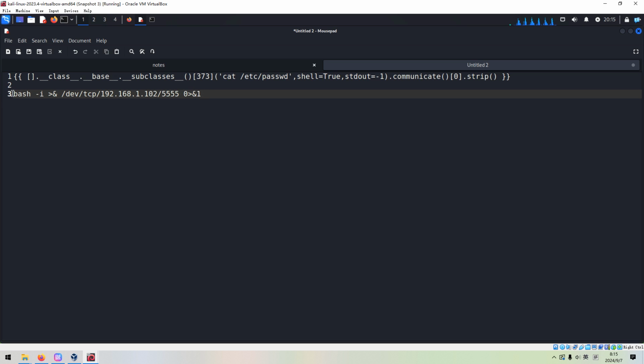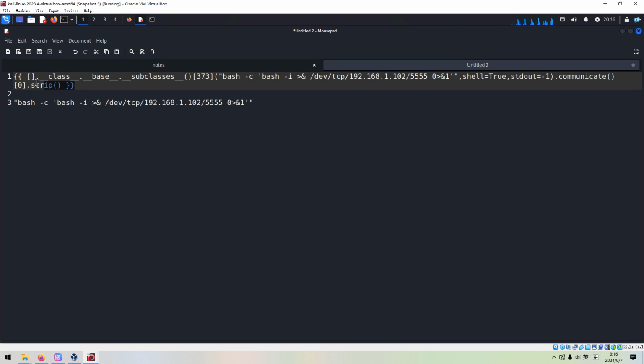And also we can use this, which would be a safer reverse shell command, okay? And we can use double quotes to wrap the entire command, and then we can replace this command, and then we can copy.